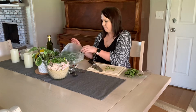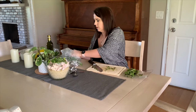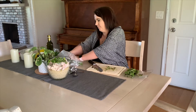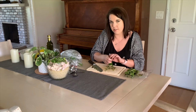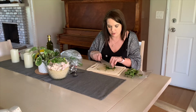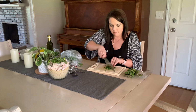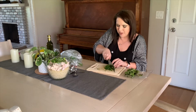Next, I'm gonna take some parsley. I ordered grocery delivery. I do not like curly parsley at all. I'm pretty sure that I said I wanted flat leaf parsley, but this is what they brought. So normally I would use a lot more if it was flat leaf parsley. I find that for whatever reason, I think curly parsley is...